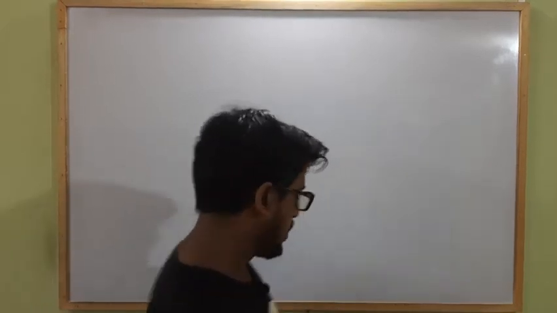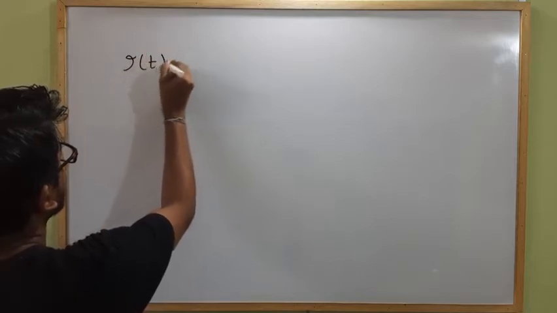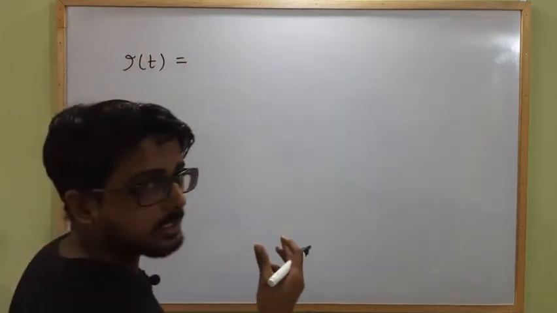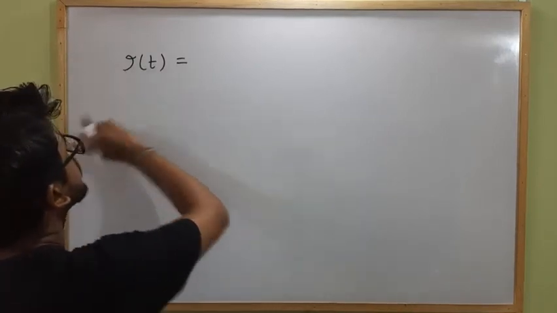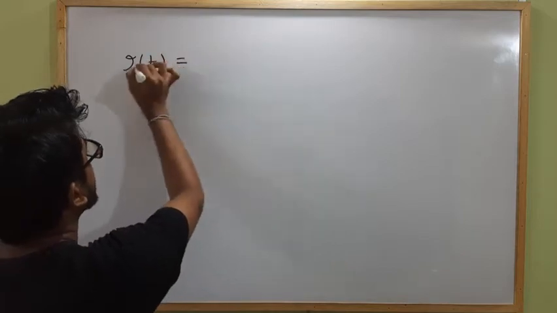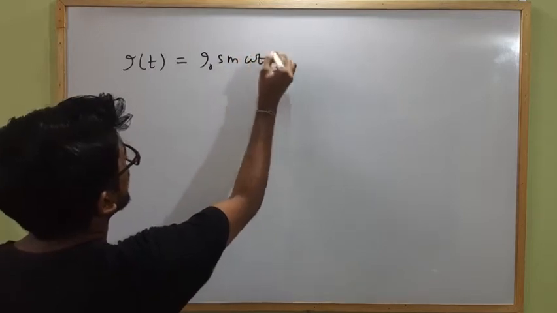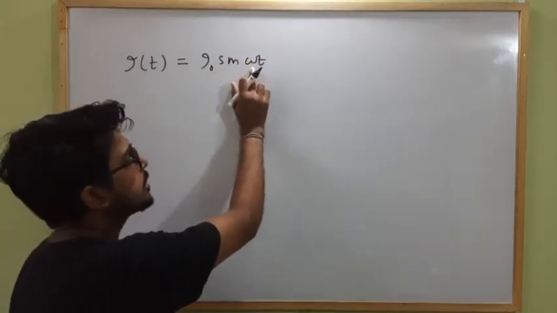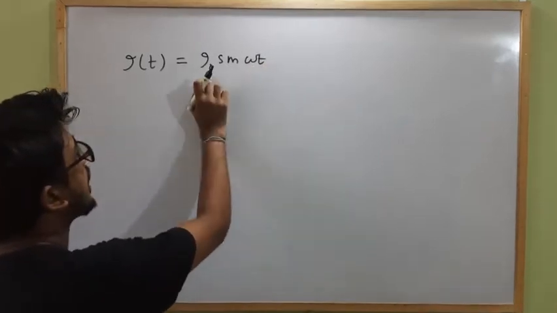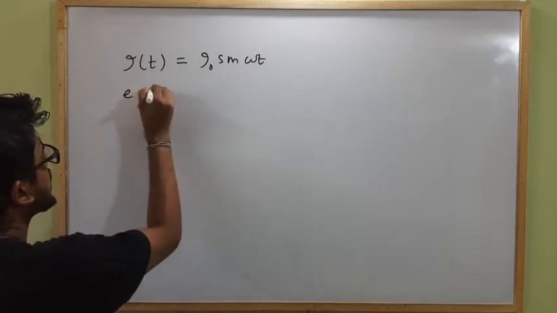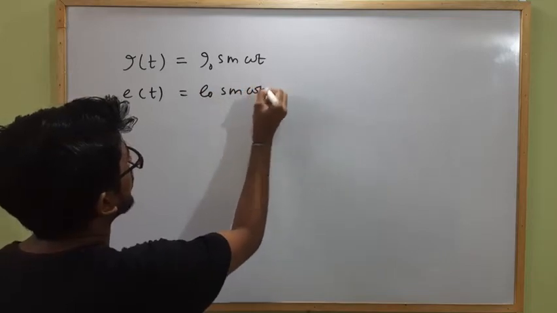Clear? So just have a quick revision: an alternating current generally is a time varying current which changes its direction with respect to time. Its magnitude may change or remain constant. We generally deal with the alternating current of the type where at any instant time t, the current value will be I naught sin omega t, where omega is the angular frequency of the alternating current, t is the instantaneous time, and I naught is the peak value. Similarly, the instantaneous alternating EMF will be given as E naught sin omega t, where E naught is the peak value.